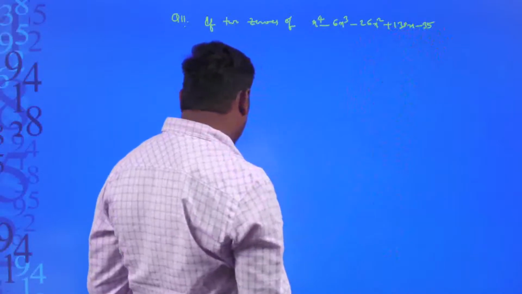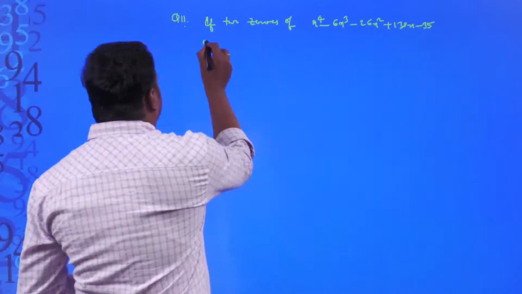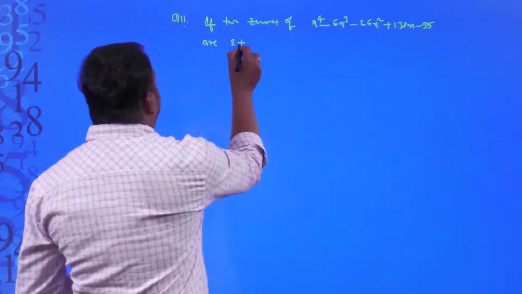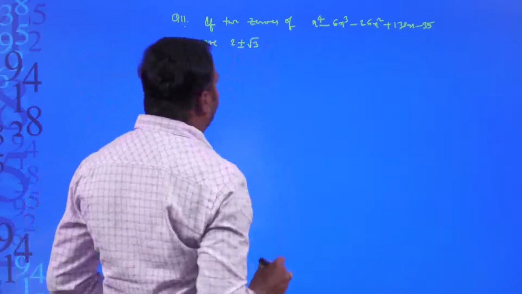Okay, this is a fourth degree polynomial. For this, the zeros are 2 plus or minus root 3. Then find out